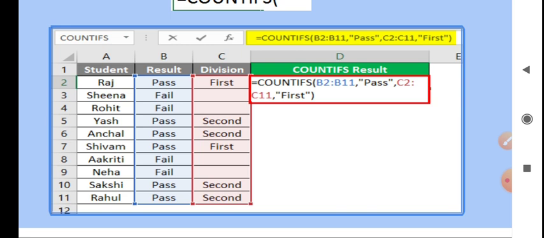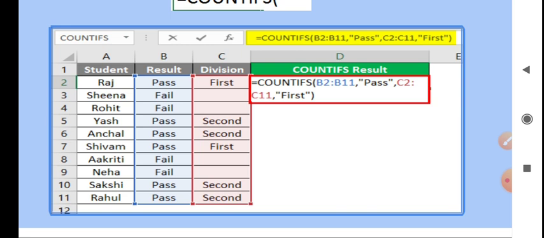I will explain afterwards what that is. Now comma, what I have written, pass. And for the second condition, C2 to C11, which is the division, where I have written first, second, like that. And here the condition I had given was first.